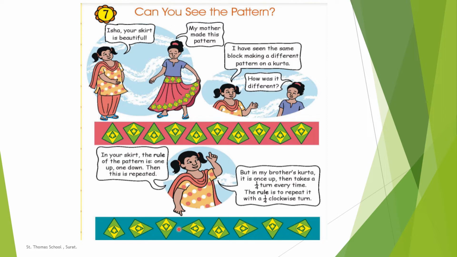It is on your left hand side. You can see the point that the conical shape is on your left and then it is again going upwards. Like this is the rule over here. So you can see the two different patterns with two different rules. Above you can see it is one up, one down. And here it is one up, then it is taking a 1/4 clockwise turn every time. So like this it is going on. You have learned 1/4 turn in chapter number 5, right? So use those turns and you have to understand it in this chapter.